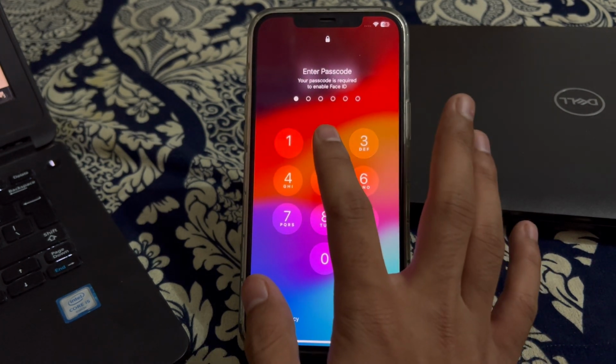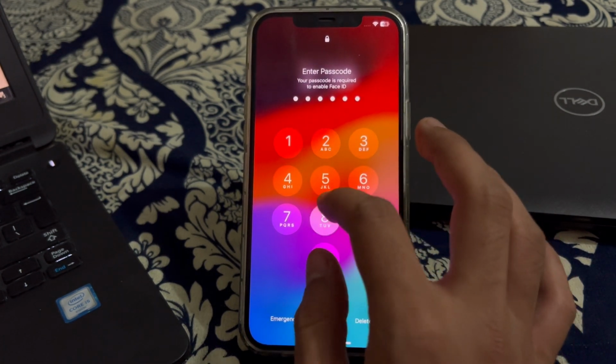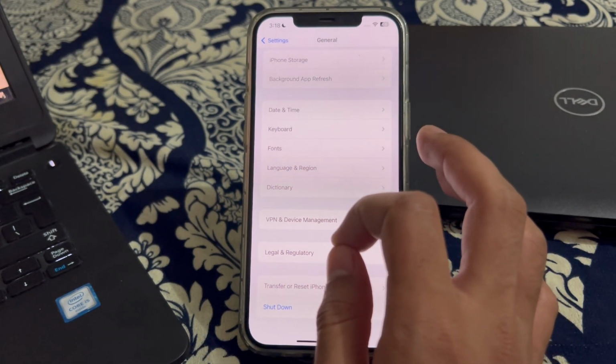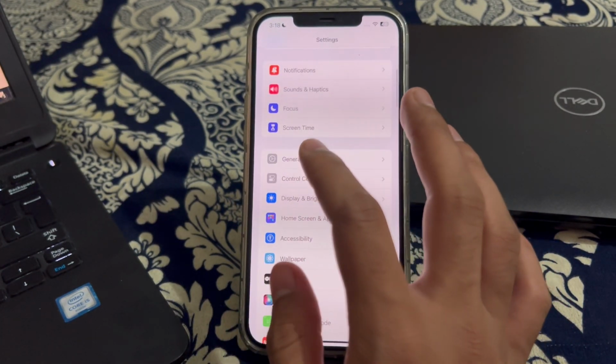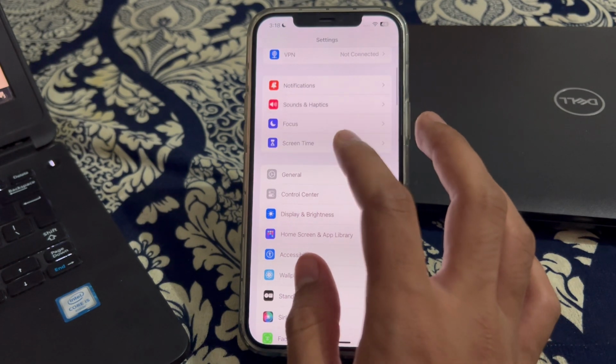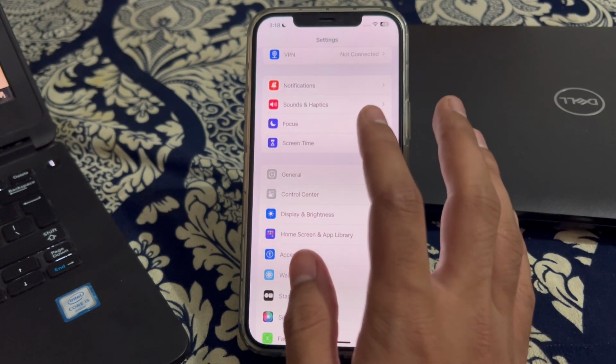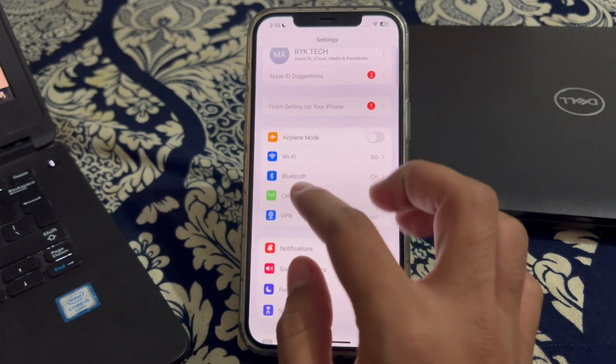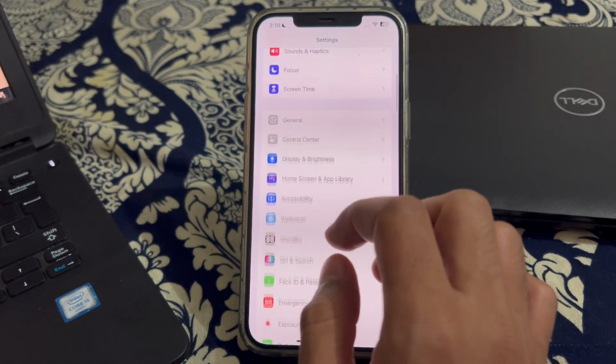After restarting your iPhone, if you're still facing the issue, then simply disable your personal hotspot. If you're using a personal hotspot on one of the devices, try disabling it and then attempt to use AirDrop again. If this still doesn't work and you're still facing the issue, then I suggest you reset